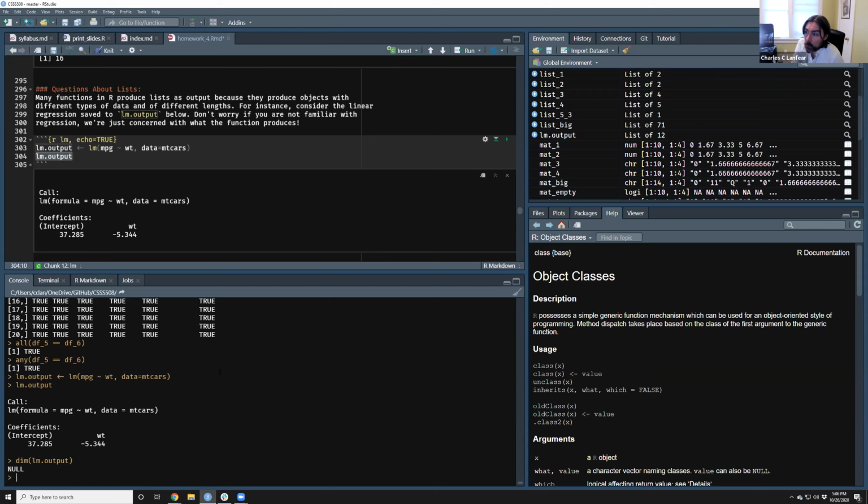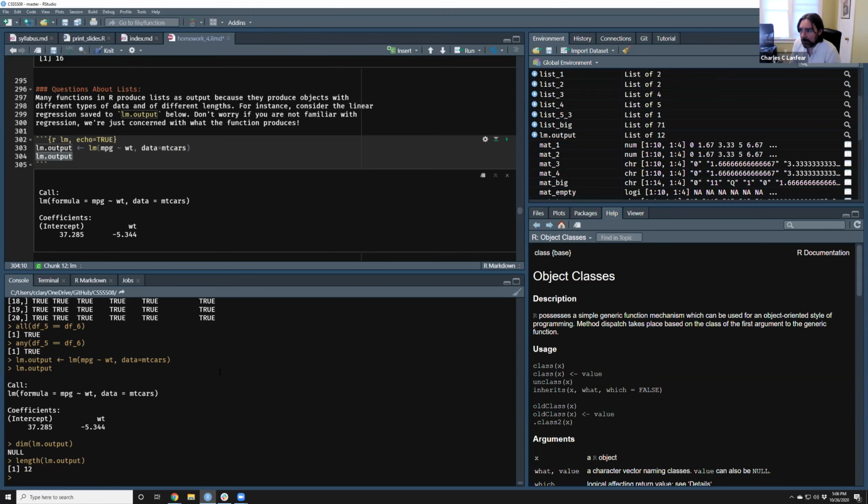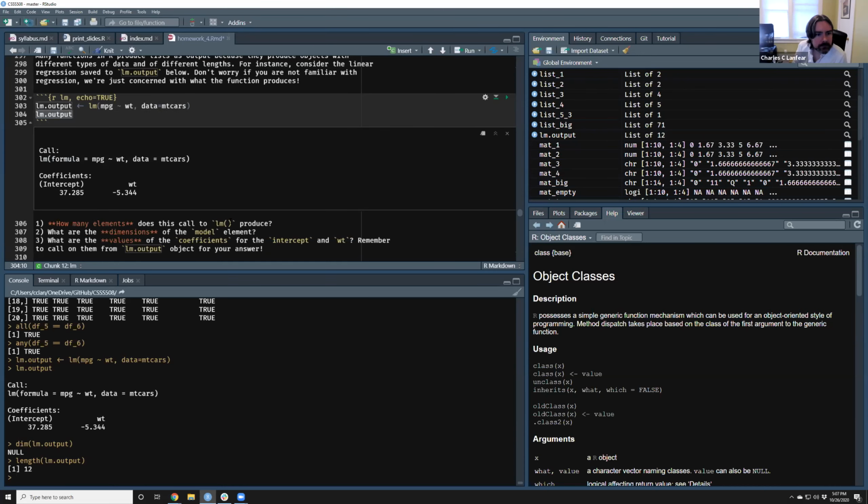But lists are a one-dimensional object. They don't have dimensions. They have length. So this is a tricksy one. The answer is its dimensions are either length 12 or has no dimensions, because it's one-dimensional in the colloquial use of the term. Anything else?